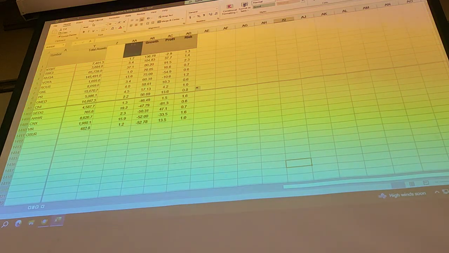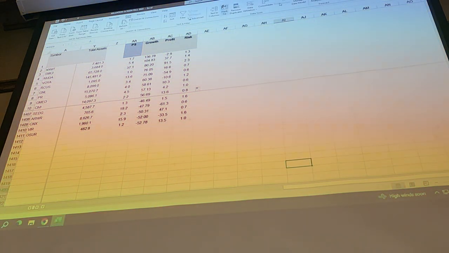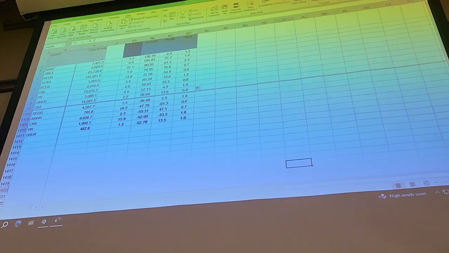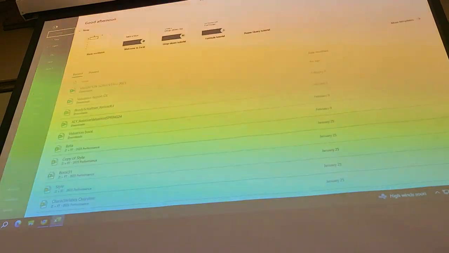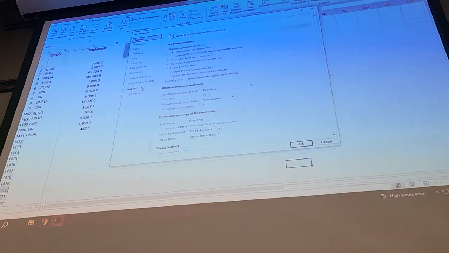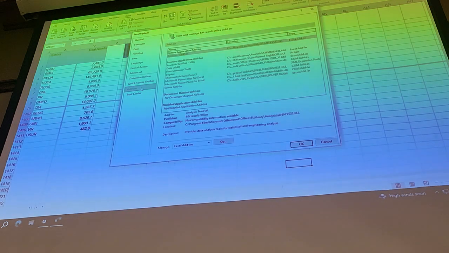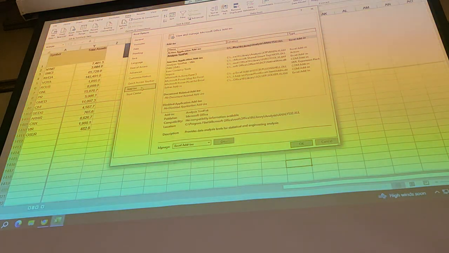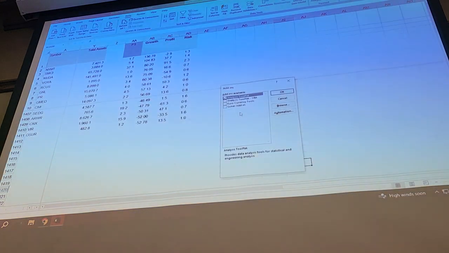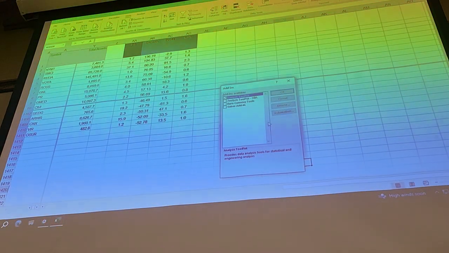So to run a regression, go to Data, and over here you should see Data Analysis. And by the way, if you don't have that, you have to do the following. Go to File, go down to Options. In Options, go to Add-ins. Then from Add-ins, you'll go down to Excel Add-ins, click Go, and it brings up this. And you want to see that